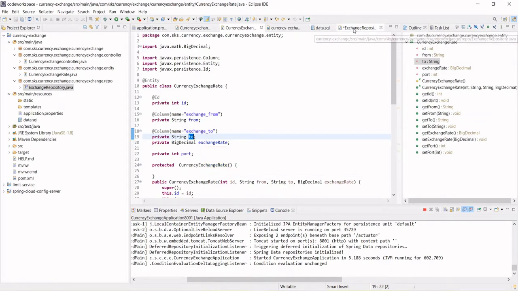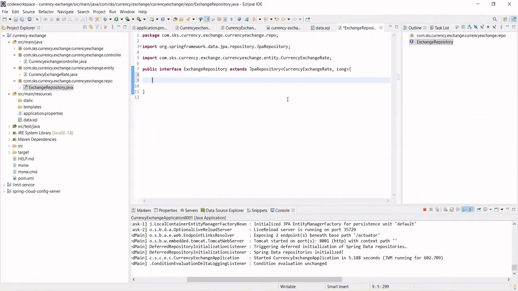So there is a rule to write a query method. The first thing you mention here is findBy. The f is small, it will always start with a small f, and findBy is common. Then from, so the F should be capital, From, and To, the T should be capital. And what parameters are we passing?